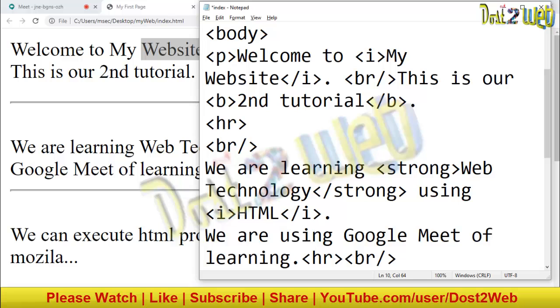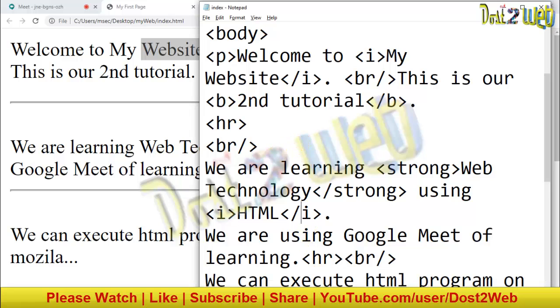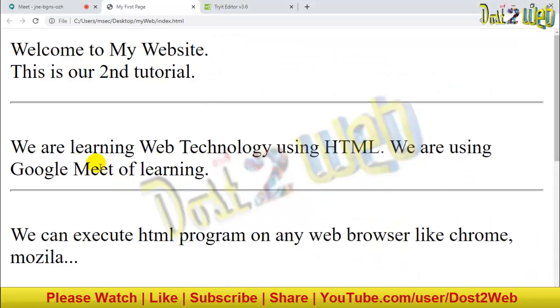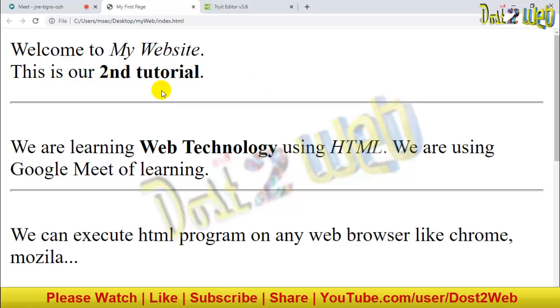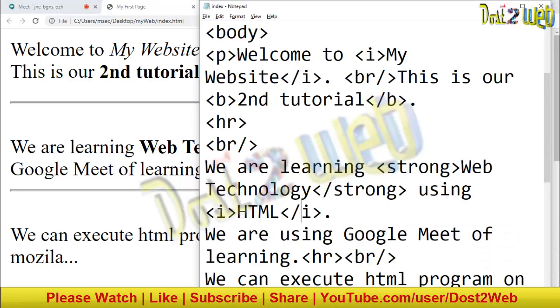Save it. Once you save, press Ctrl S again, then come to your browser and reload it. Once you reload, you can see the difference, right? You can see the style is different, a little curved, and this one is very bold. Here also this one. Same way, wherever you want, you can apply bold and italic.